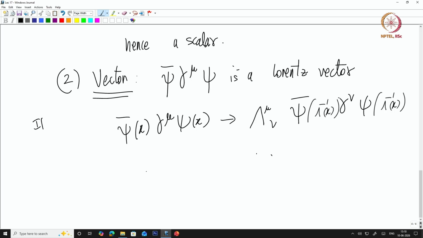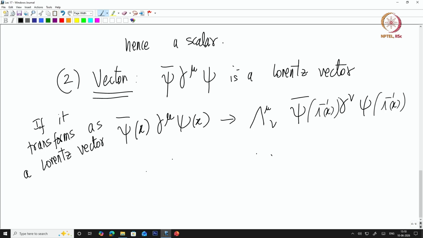If it transforms as a Lorentz vector, its form should be like this. In fact, it is obvious that it looks like it should transform essentially, but there is some condition. So the point is that it turns out that for this to work out,